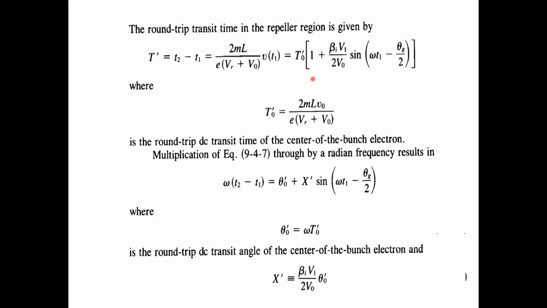So this is the round trip transit time of the bunch of electrons at the center point. From the previous equation, multiplying, you get beta1 V1 by 2 V naught multiplied by the angle theta naught. This is called the bunching parameter for the reflex klystron. Clear? So up to now we solved the